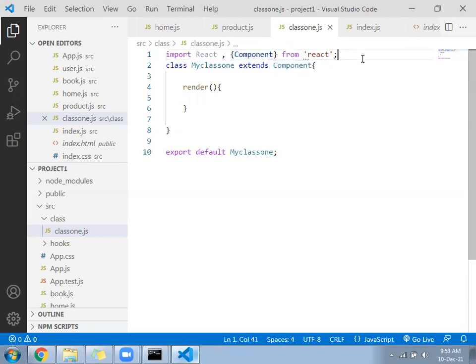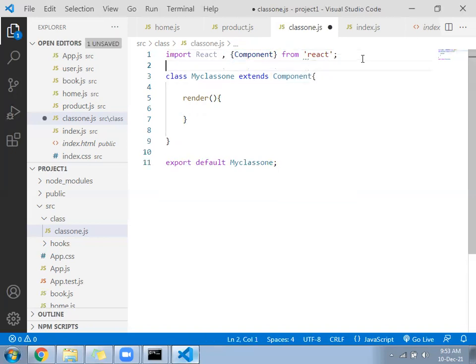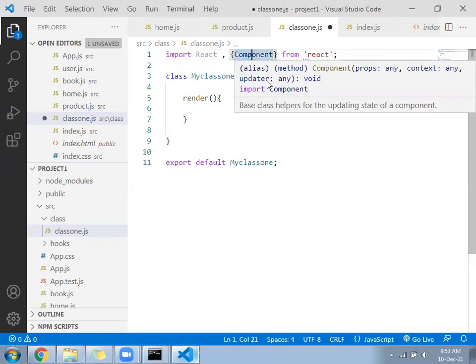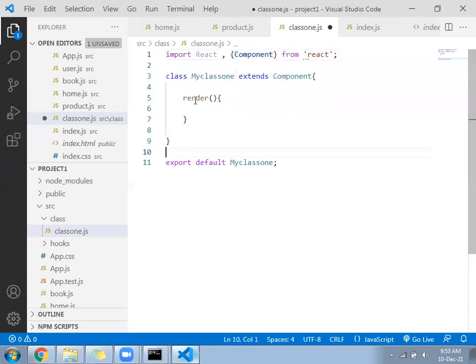We have seen in OOPS, we have created the extends, we have inherited some class. Similar way, Component is a predefined class. From the Component class, it is going to call a function called render. And that is for what purpose? To print the output whichever you want to print. Without the render function, using a class component, you can't print anything. Now under the render function, we have to write a return and remaining as usual.